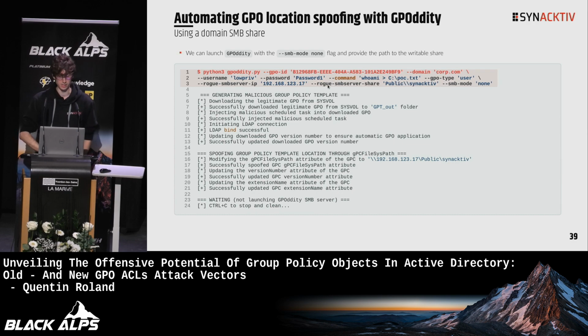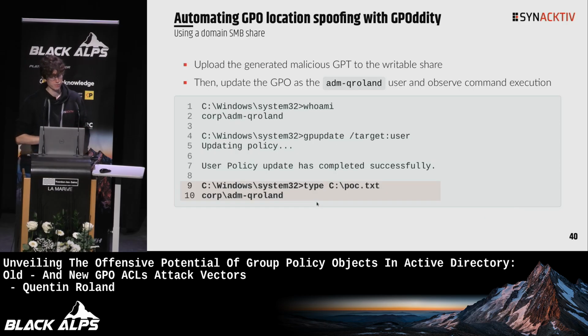And we provide the IP of the server that hosts the writable share and the path to the writable share here. As always, GPODT will generate for you the malicious group policy template, and then it will spoof the GPC file sys path to your target server that hosts the writable SMB share. And then, because we are not running the embedded server, we are just waiting. You just have then to upload the generated malicious GPT to your writable share, and just wait